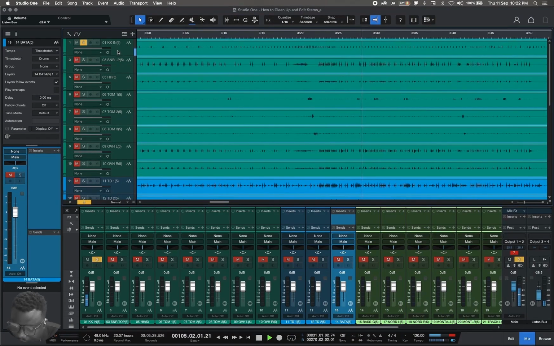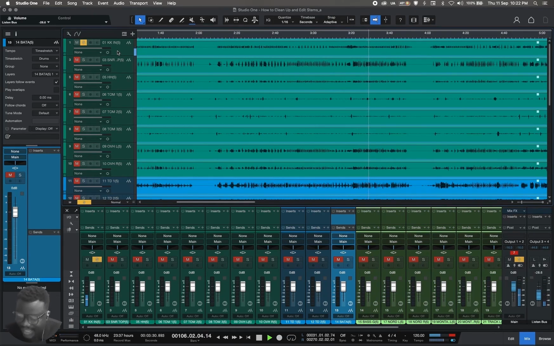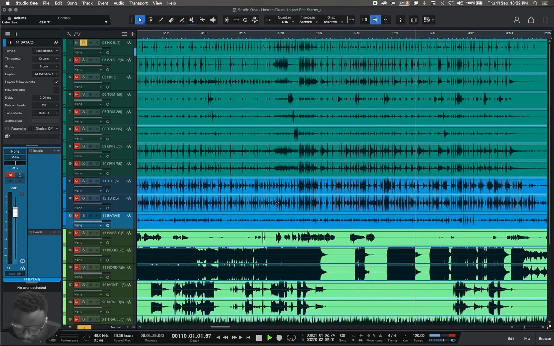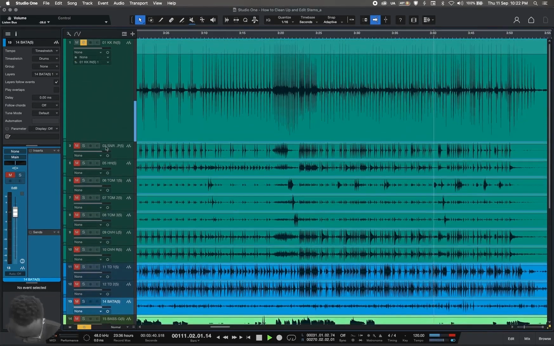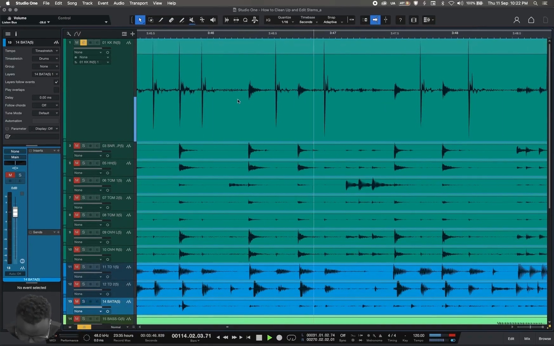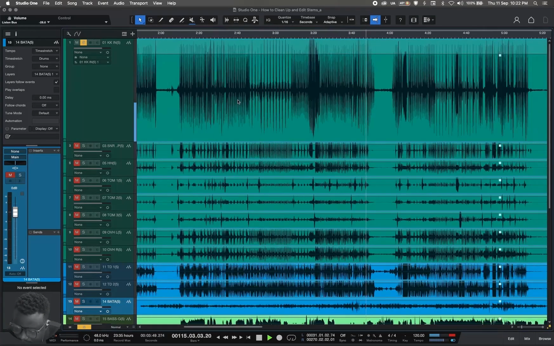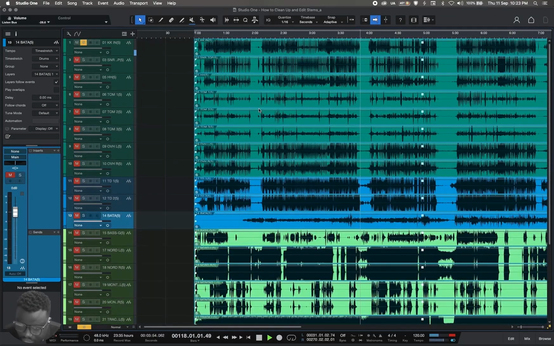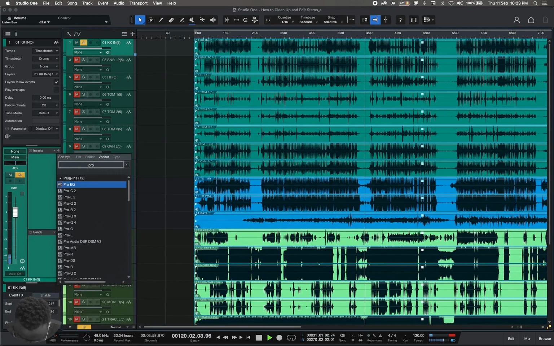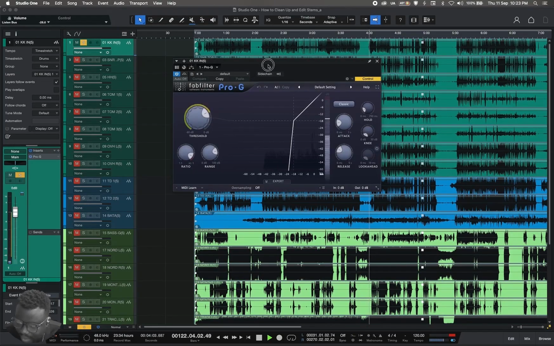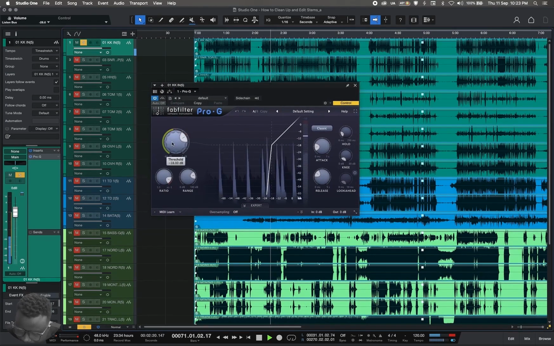This is the kick. You can hear a lot of the snare in this kick mic. A lot. I'm going to be zooming in on this kick. You can hear the bleeds in it, right? So first, what I'm going to do is train a gate on this mic. I'm going to train the Pro-G, that's the FabFilter gate, on this particular mic, so that we can just get the